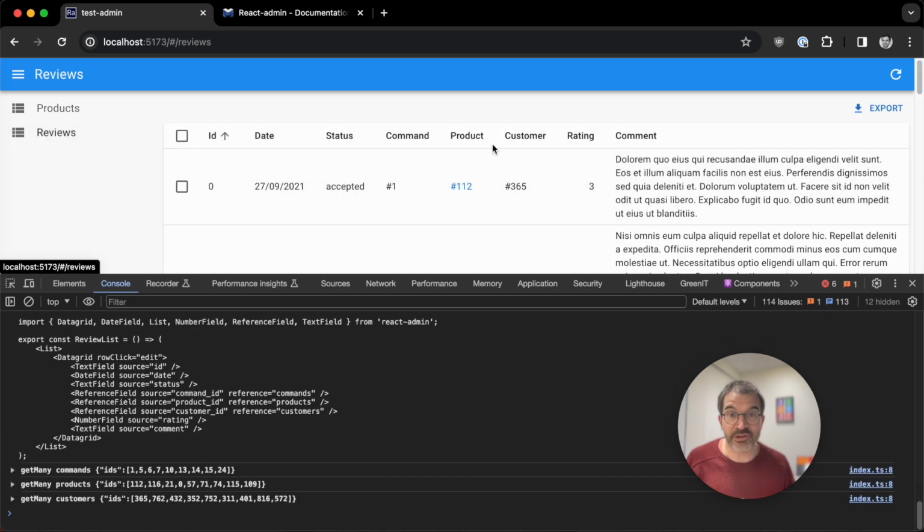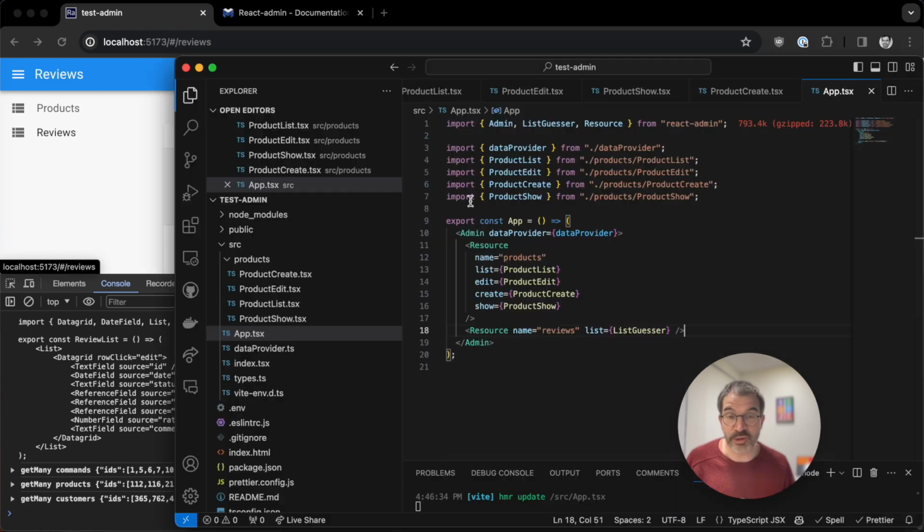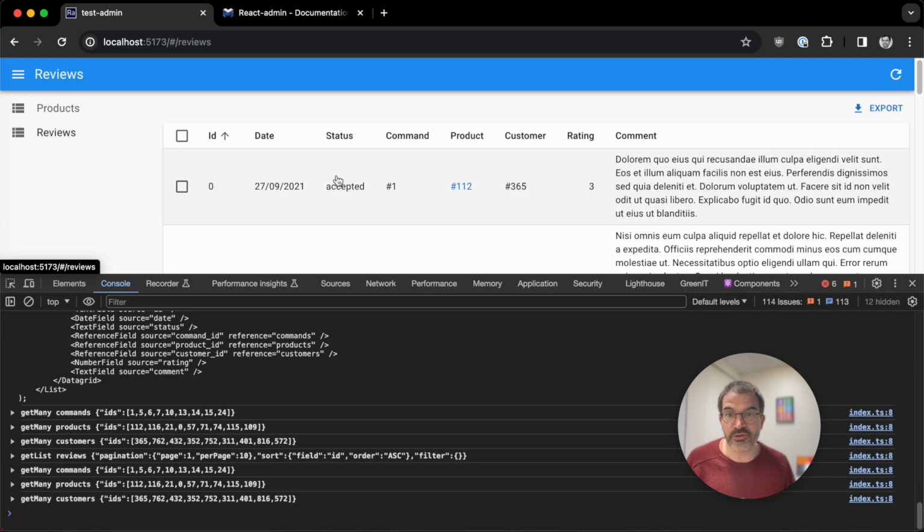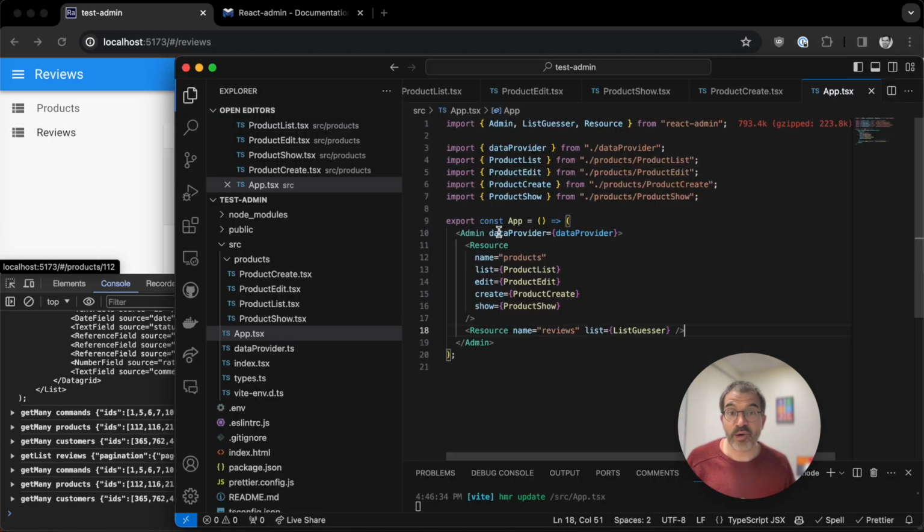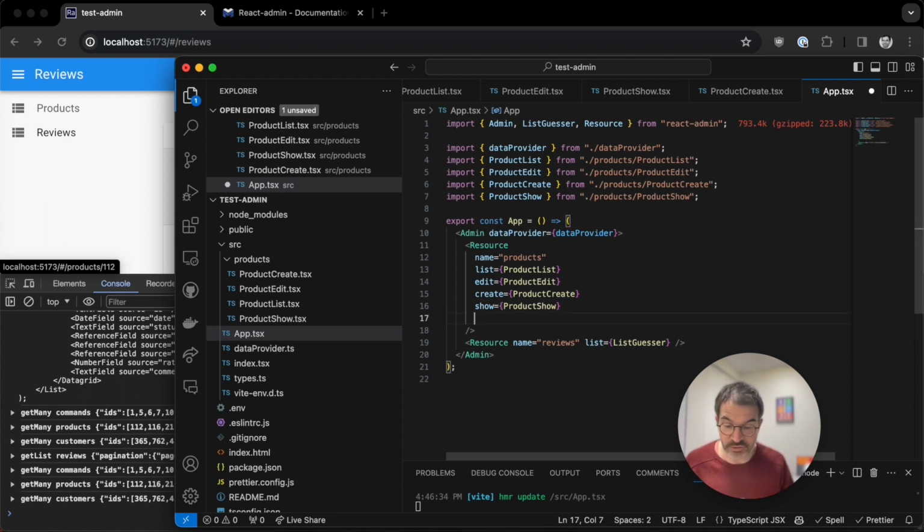So it would be better if here for each product we would display the reference. We could update the list here of reviews to display the product reference instead of its ID, but instead we're going to change the central configuration for this resource and change the record representation, saying it's the reference.